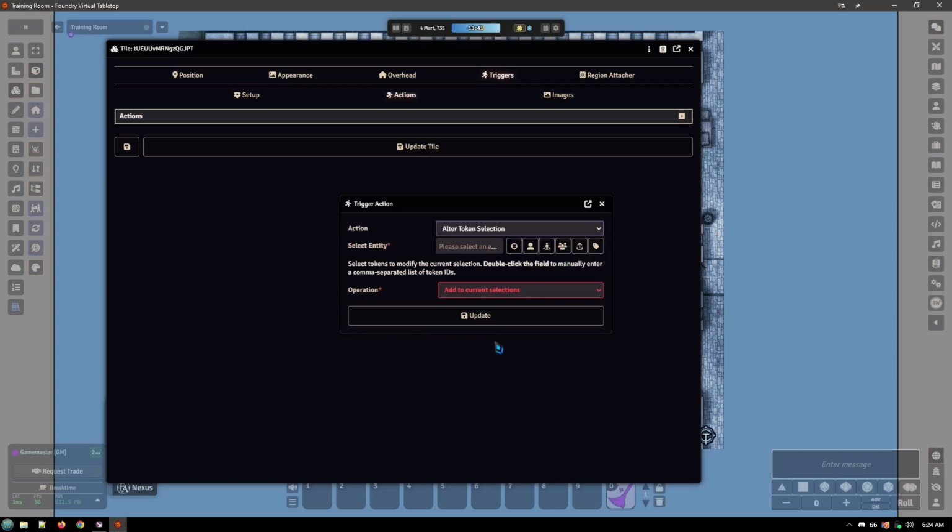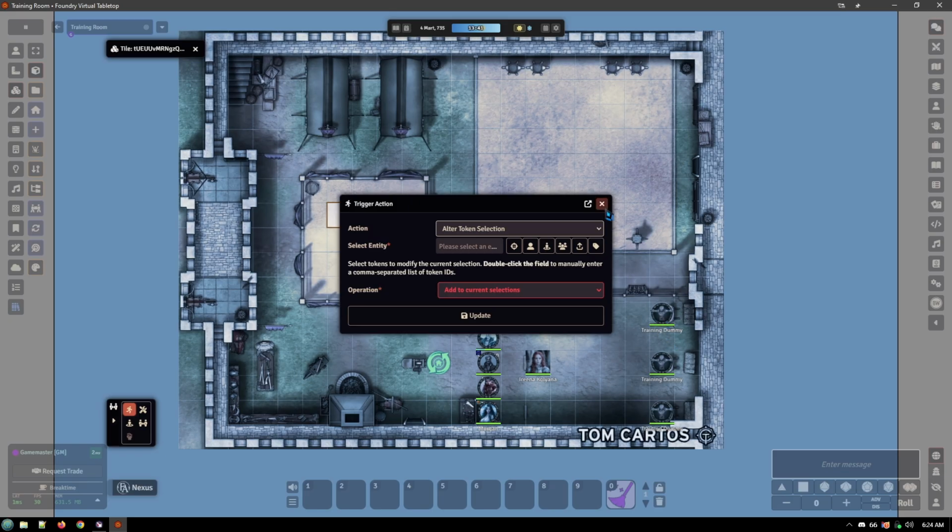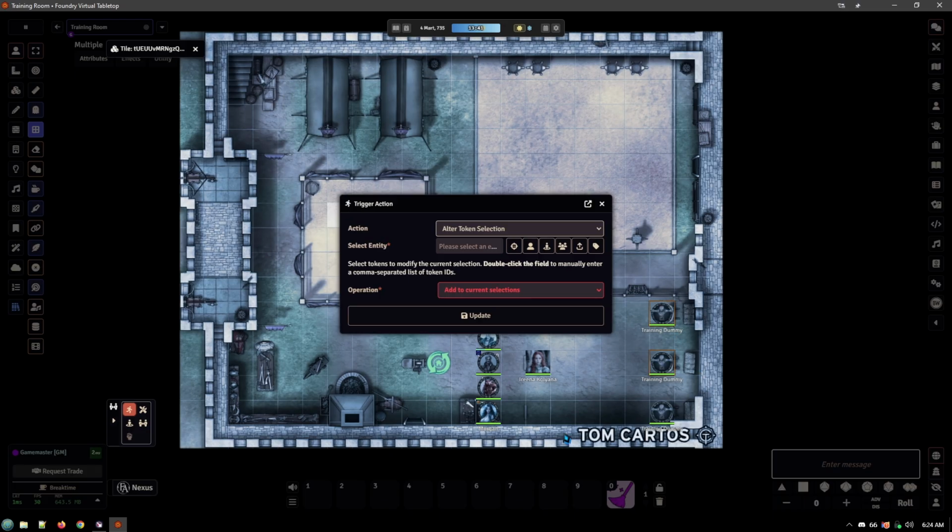For Alter Token Selection, all it does is change the currently selected tokens. That's not the same thing as the current collection. That's totally separate. It literally changes which tokens are selected. Right now, those 2 are selected. So you can up here use current collection or all the other standard selection features for normal Mat actions, and you can use that to alter, by adding, removing, or toggling,